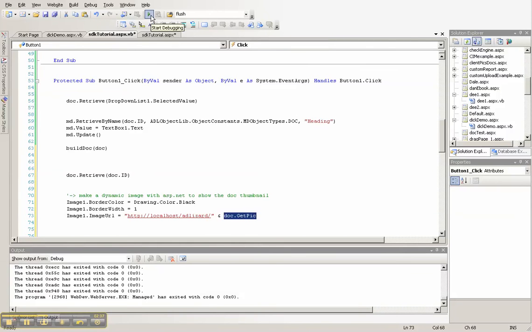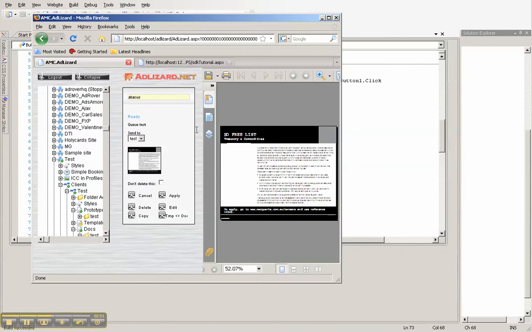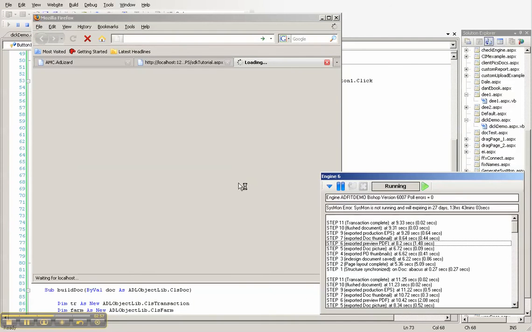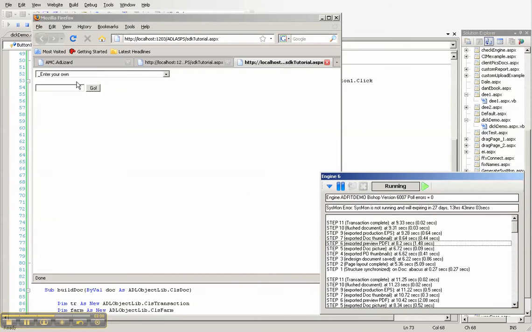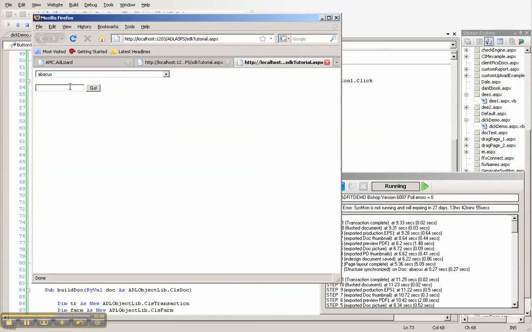So if I now run this, having added those two things to the screen, I should now get a preview of this image in my browser once it's finished. There's my new window. And keep an eye on the engine as we do this. So whatever, I need to find the Abacus doc because it's got the correct metadata. I'll feed that doc ID into the ASP on postback, and I'm just going to put in here Merry Christmas,